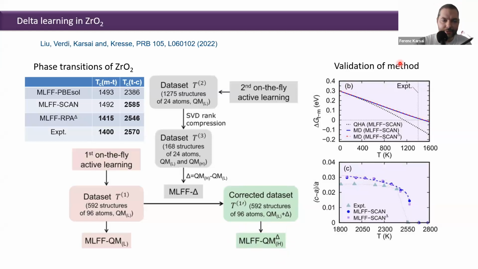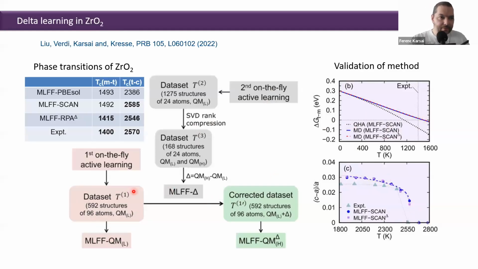I also show you here some validation of these force fields. To validate this, we did the whole procedure with SCAN instead of RPA. Because SCAN is cheap enough, you could just run the whole calculation, this one here with 592 structures, with SCAN, and compare the values from the really trained to the delta trained, and you see the agreement is almost identical. Here, this curve and this curve show free energy differences, and this again a Landau plot.